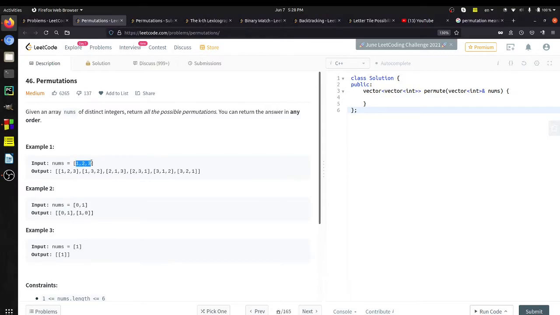Okay, so many of you might know what is permutations, but those who don't know, I will give a brief idea about permutations. So let's take example 2. If there are two numbers 0 and 1, then we can swap the numbers or we can swap their positions such that we get different arrays. Okay, so there are only two possibilities, 0 1 and 1 0. But as you can see in example 1, there are 6 different arrays we get after swapping their positions. Okay, so this is what permutations is. Let's see the logic how we can get permutations from the given array.